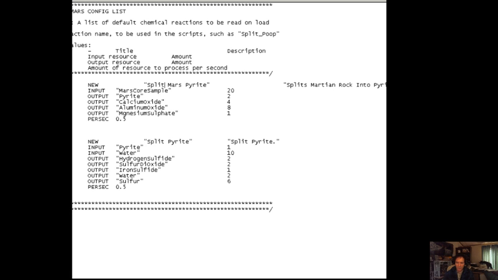Maybe it didn't like the word collect. No, I had that on there before. Calcium oxide, aluminum oxide, magnesium sulfate.